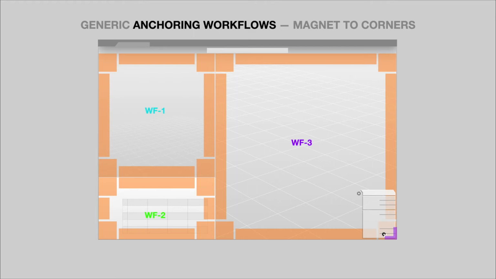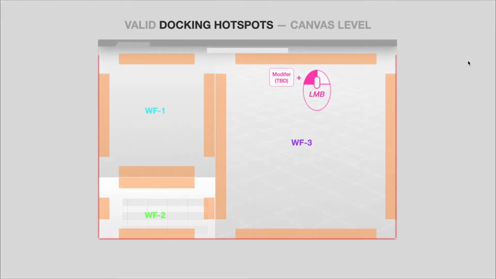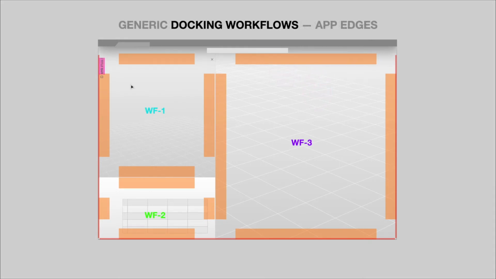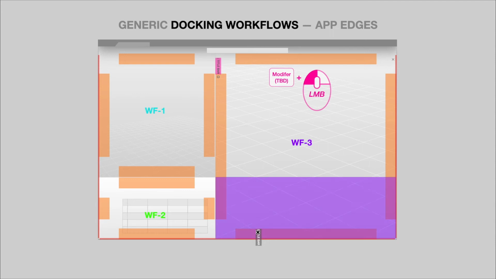And so we had side and corner based anchoring in each individual window. So every window had the potential to have a corner anchor or a side or bottom or top anchor. Then we also had the need for the ability to dock it. Do I want to dock it and share this square space, or do I want it to be docked at the application edge? This created a level of complexity that we initially didn't think of,